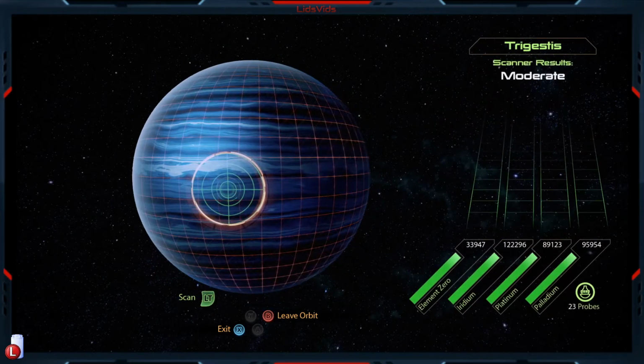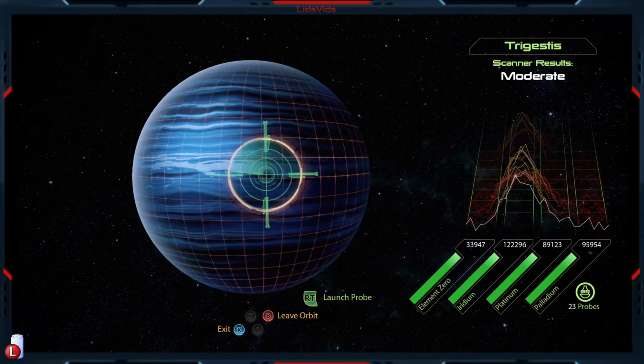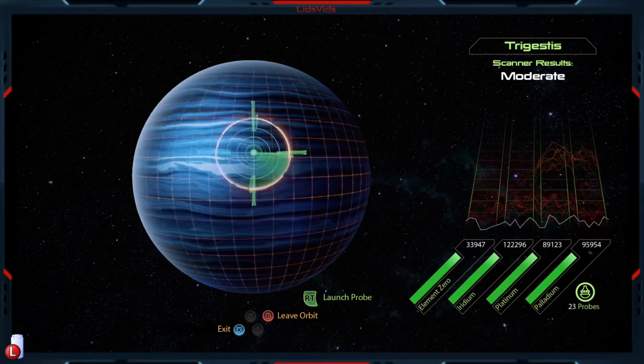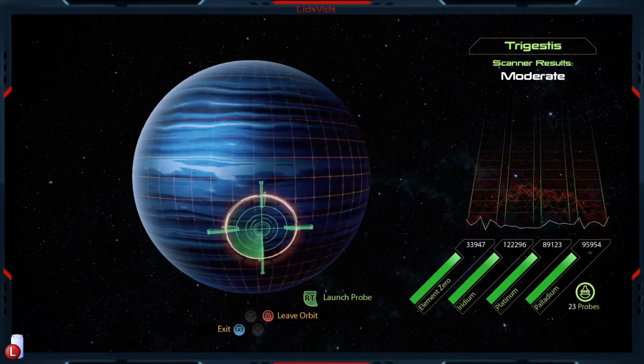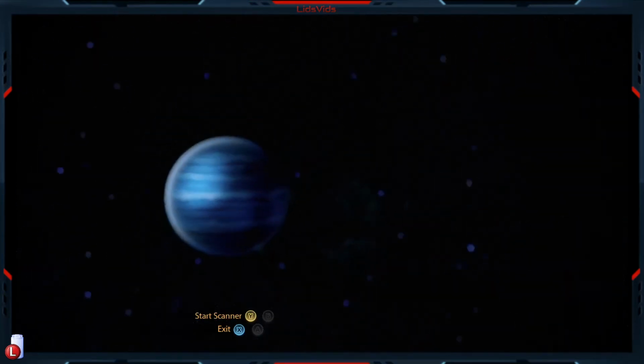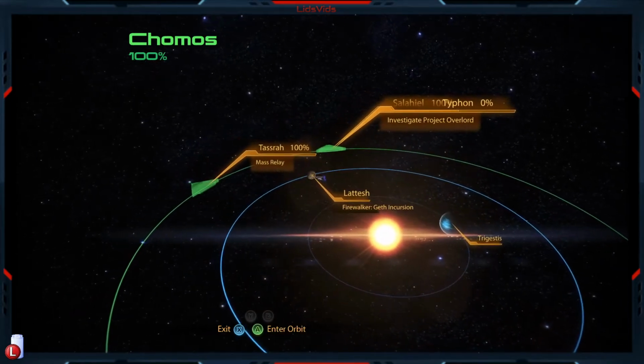Okay, let's see. Moderate in terms of the resources here. So I think in all likelihood we are not looking to launch any probes unless we see any spikes of element zero, but I think that's very unlikely, not seeing any here, so why don't we carry on? And that means we are looking to head over to Latesh. Before we do so, though,